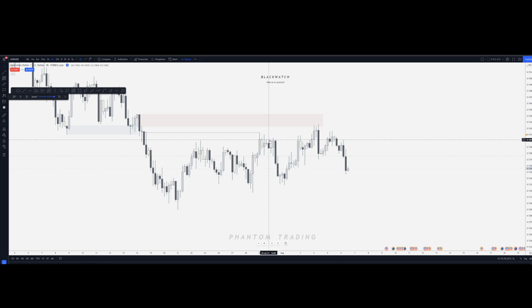But let's be honest, a lot of us don't always take high probability setups, right? A lot of us take subpar setups, and then eventually we might stumble upon a high probability setup, and you have to be able to know the difference. If you don't know the difference, based on your POI selection, you're going to hold a trade for too long, right? Make a plan for that trade, find a take profit level, and make sure you parcel out appropriately. For me, I break even at a very specific level.